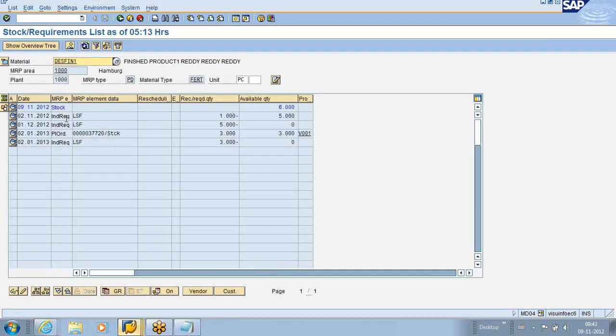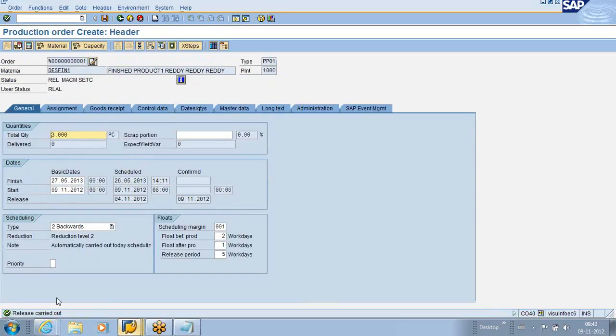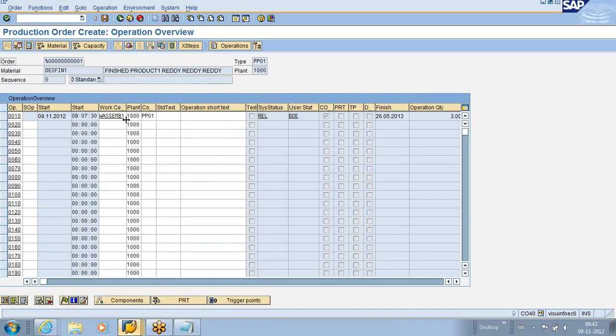Of course, as of now, there is no shortage of the material. Release is carried out. All checked materials are available. Now save this production order. Before saving this production order, just one thing I want to make clear. In this control key,